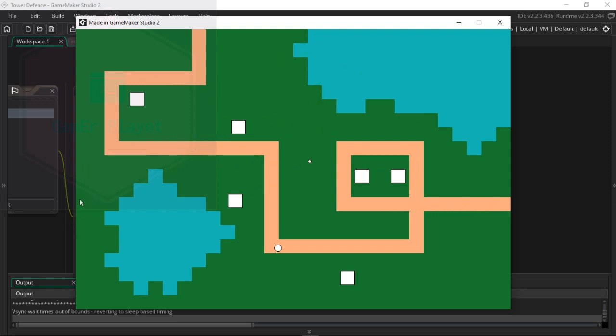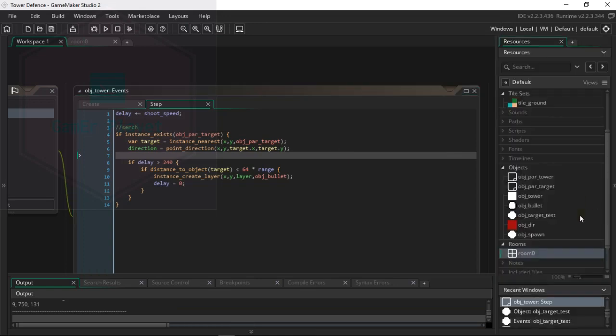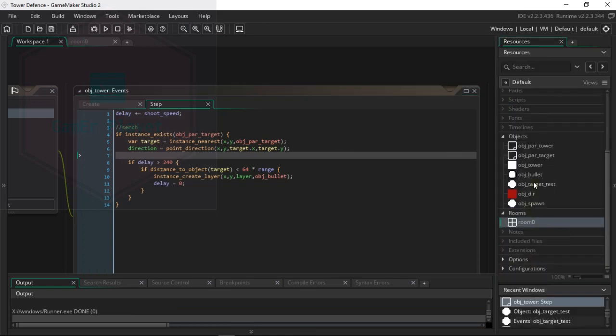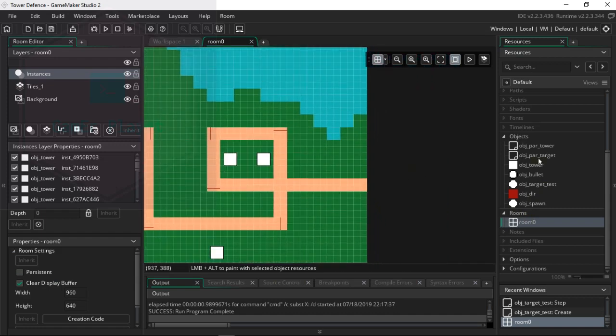One, we're gonna have the bullet, once it collides outside, it deletes itself. And the object, once it hits the exit, it deletes itself. Well, we're not gonna have the lives yet. Like in most tower defense games, there's lives. We're not gonna have that yet because right now I need to delete the object. So